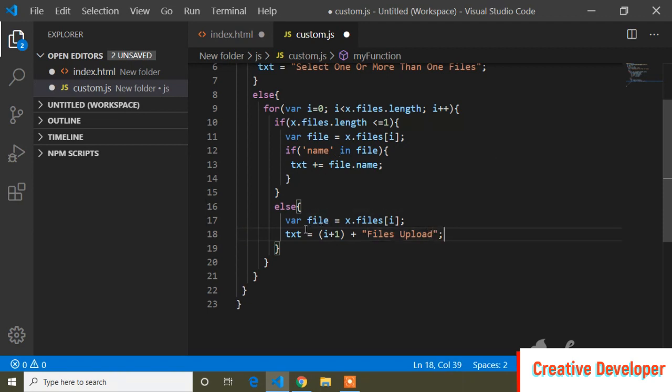So that means here text equals to i plus 1, because I increased i by 1. Here I have written a for loop, so i plus 1, that means when I'm uploading 2 images, then it will show i plus 1, that means 2 files uploaded. And when I'm uploading 3 images, then i plus 1, so 3 files uploaded.